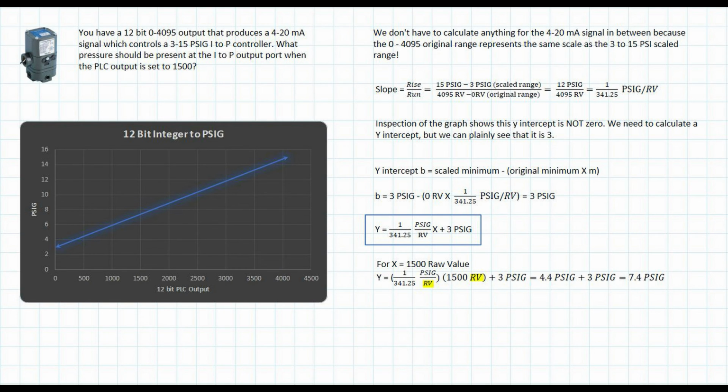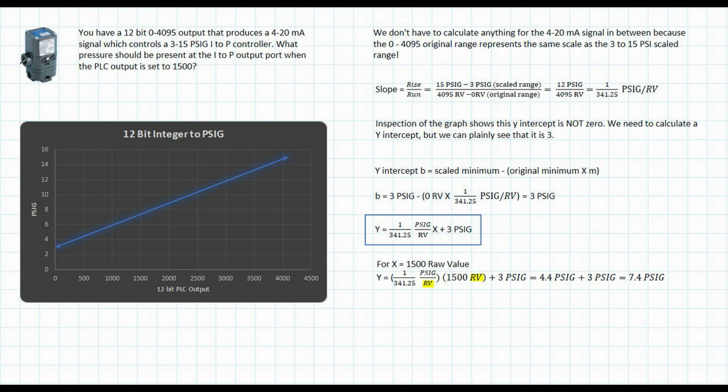Again, we calculate our slope as the scaled range divided by the original range. 15 PSIG minus 3 PSIG gives us a scaled range of 12 PSIG. We divide that by the original range of 4095 raw value, and that gives us 1 over 341 1/4 PSIG